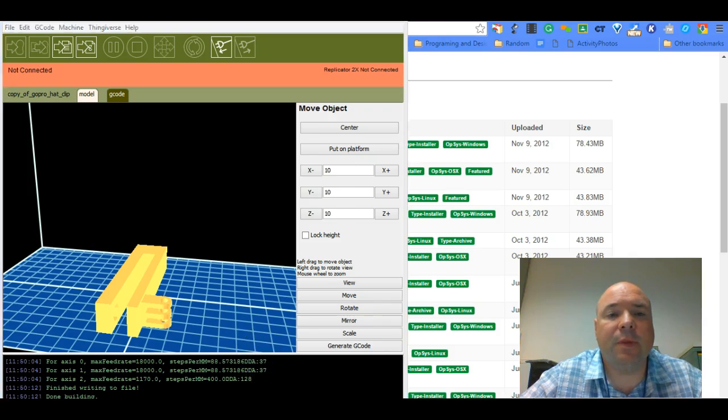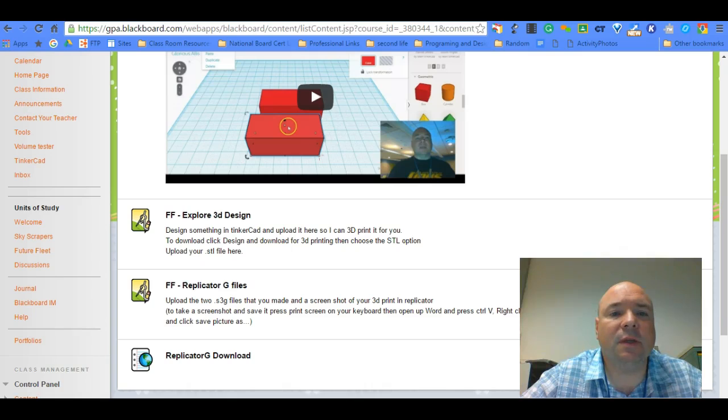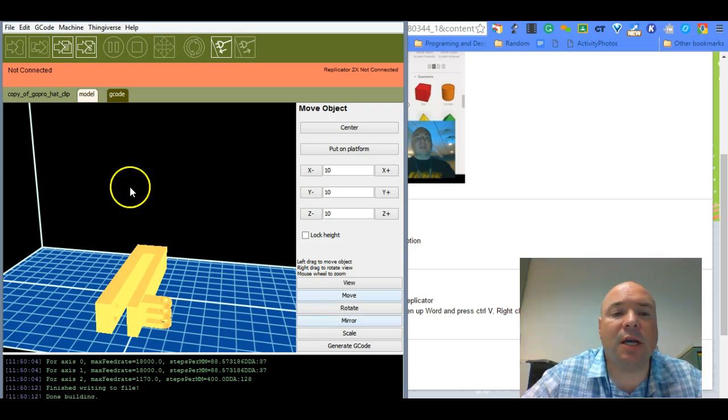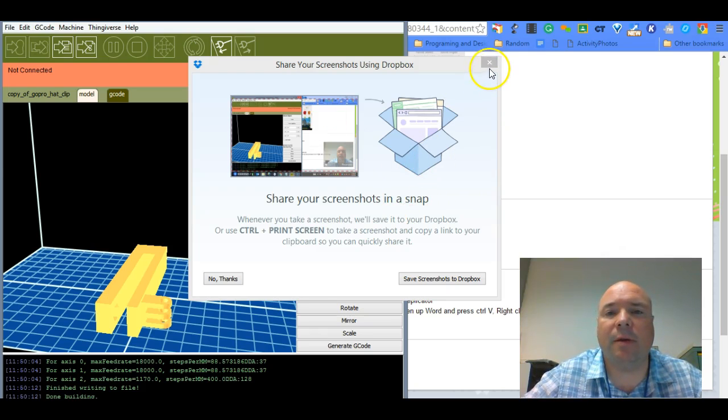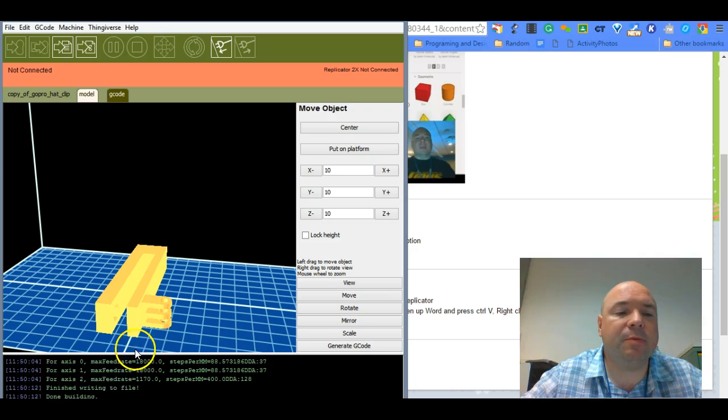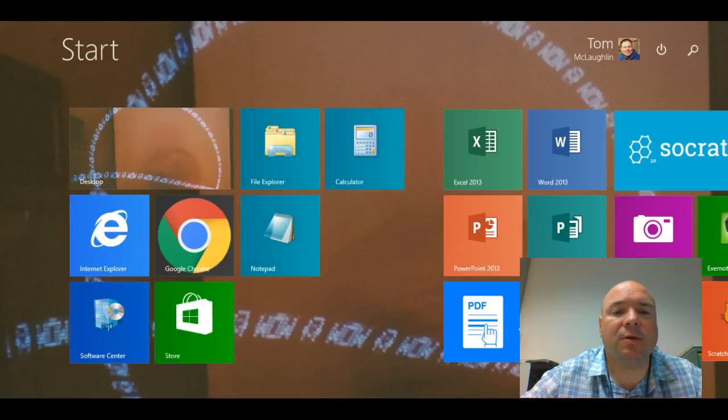So in Blackboard, there is an assignment in Future Fleet to upload the ReplicatorG files. So you're going to upload those files. But you're also going to do a screenshot of this image inside of ReplicatorG. So I'm going to start by first pressing the print screen key, which is PRT SC on my laptop, and it's in the upper right hand corner right next to the delete key. So I'm going to press that. Notice nothing happens on the screen. Oh, actually I have another program in here that's running. So when you press print screen, you're then going to go into Microsoft Word,